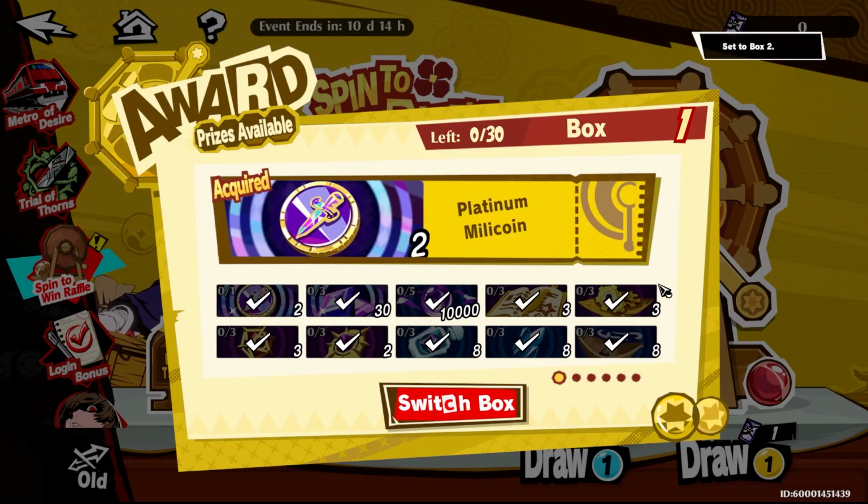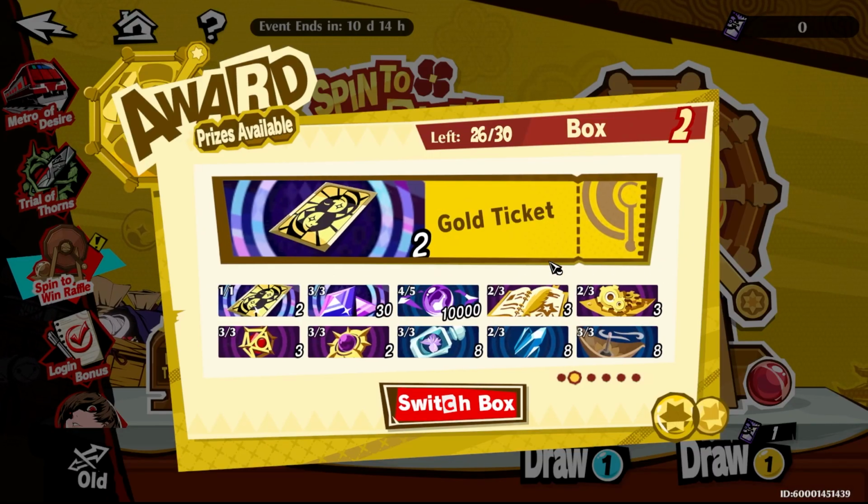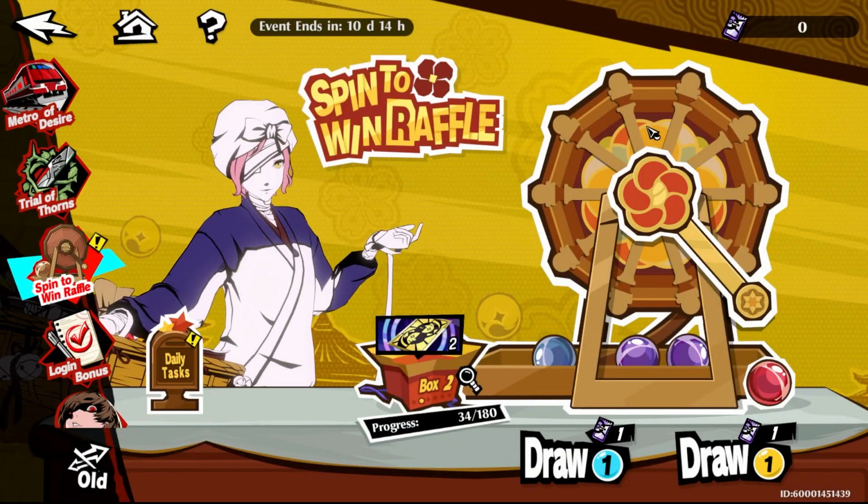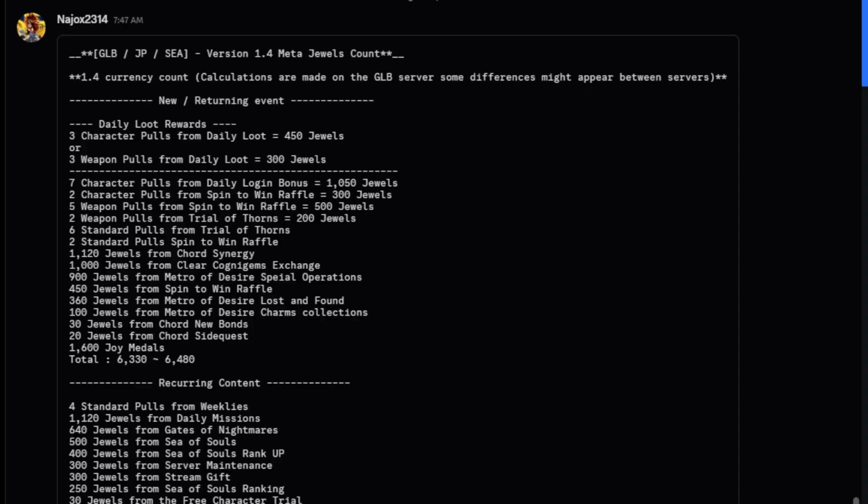Which should be in some of these boxes. There are some gems in here as well, so surely do keep that in mind. But there are some pools as well, as you can see, and that is what we're going to be counting up. Then of course we have the next few things: the 5 weapon pools in the spin to win,